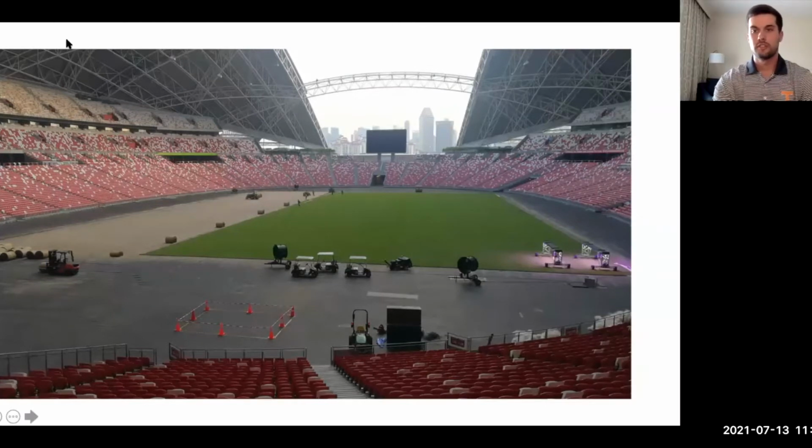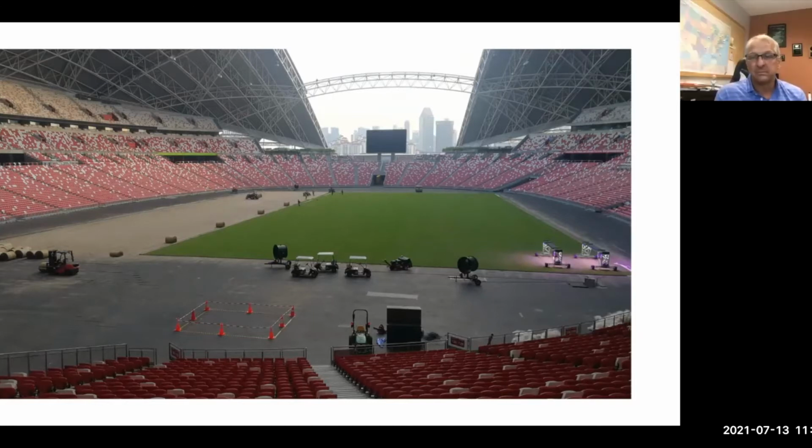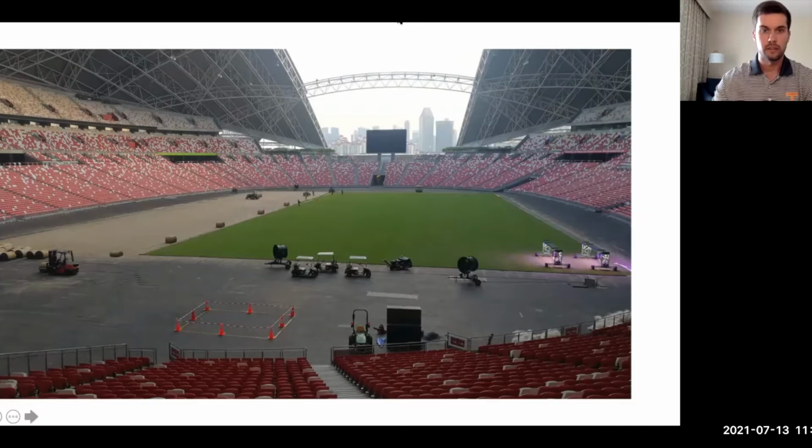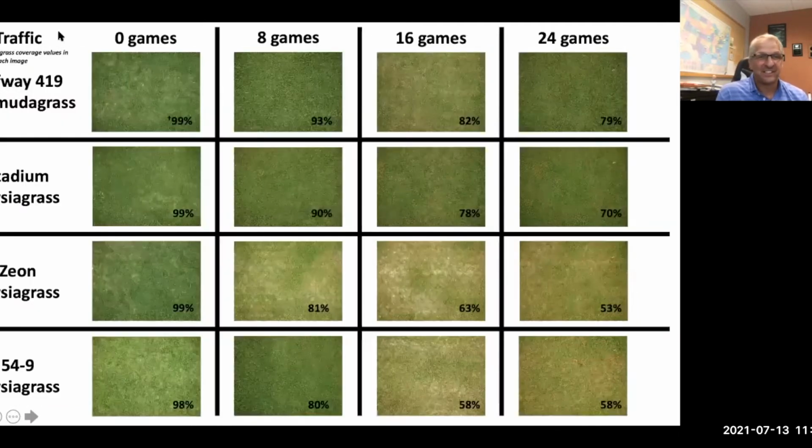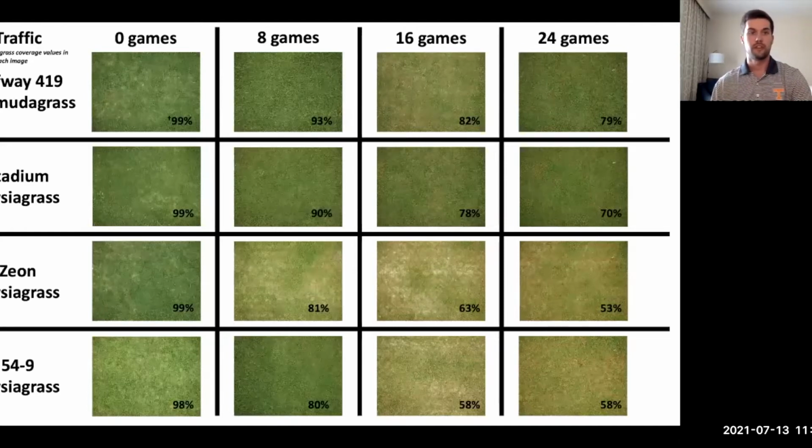So I'll speak at once. Just from some of our preliminary work, some of these zoysia grasses that we've tested have had the traffic tolerance of at least Tifway standard. And let me pull up a picture showing this. And this is hot off the press. Literally. This started as of last week. Yes, we started a trial 3 weeks ago. It's in week 4 currently,